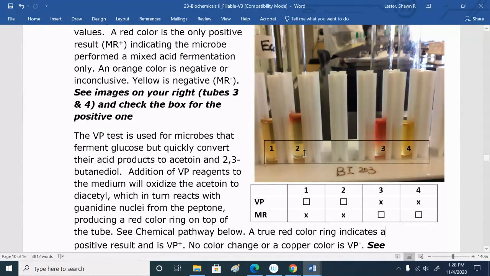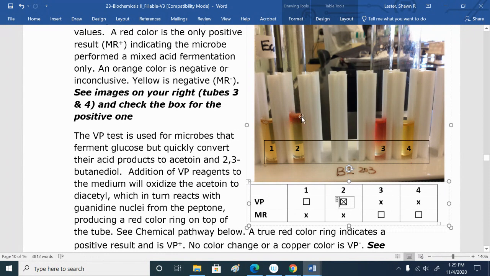Do you see a cloudy red layer in tube 1? No, so tube 1 is negative. What about tube 2? Yes. Right, so this kind of cloudy red layer has developed over the course of 30 minutes,